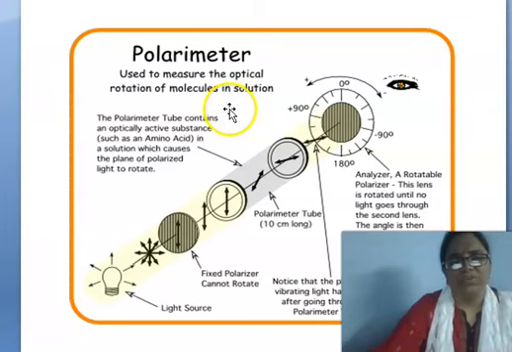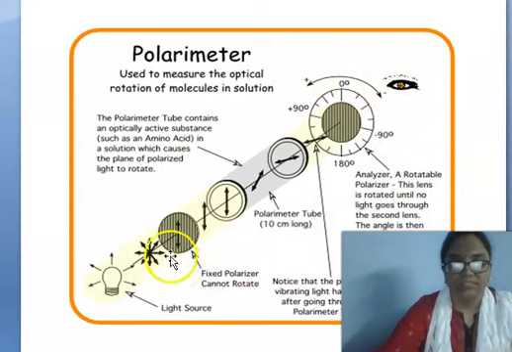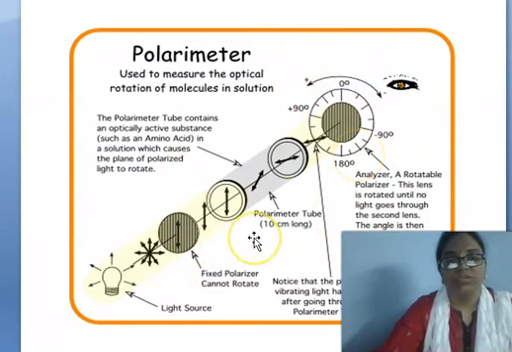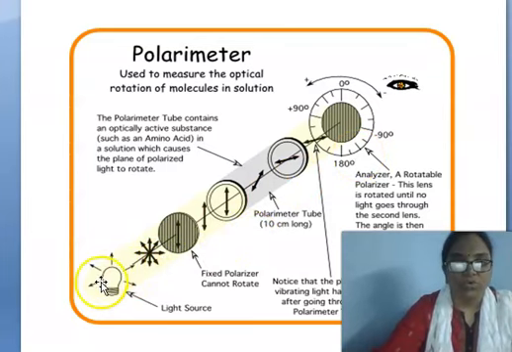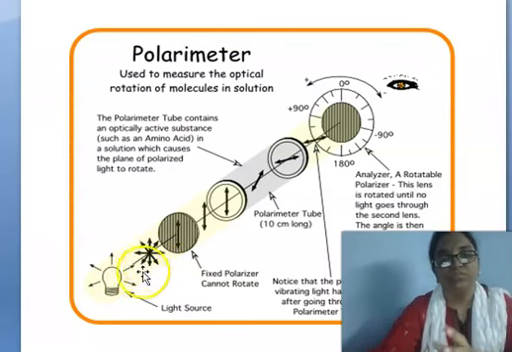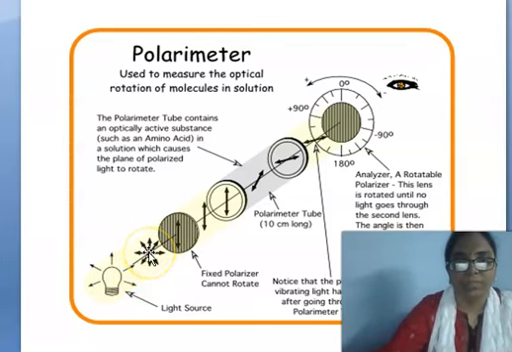What is optical activity? What is the phenomenon of optical isomerism? All these can be explained very clearly just by looking at this picture. This is an ordinary light source, a monochromatic light. This monochromatic light consists of waves vibrating in all directions, just like this. So when it is passing through